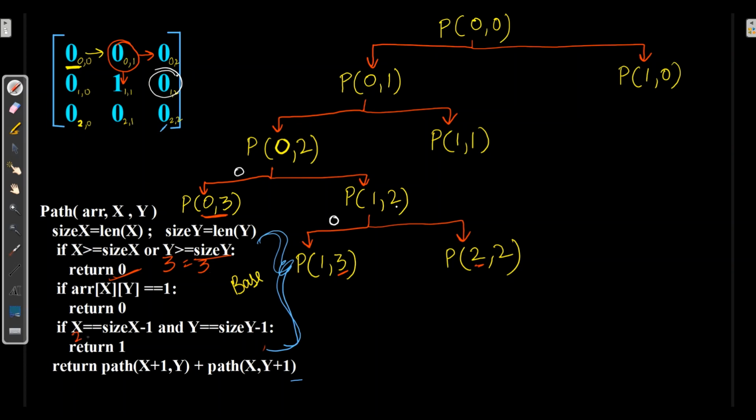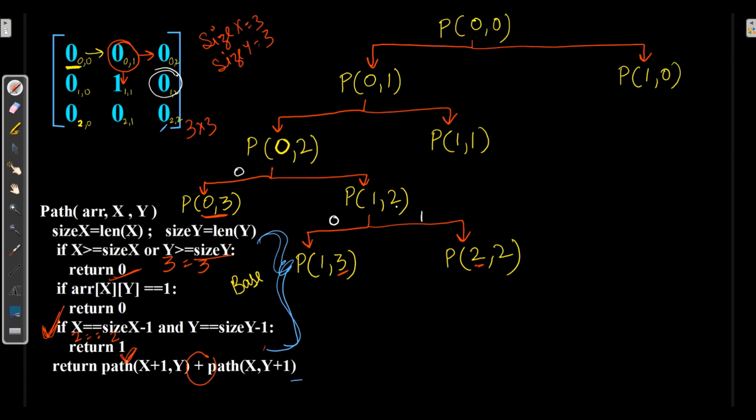So I'll write 2 is equal to size x minus 1, which will be 2. Size is 3 cross 3. So size x will be 3 and size y will also be 3. So here it meets one of the base conditions. So here it should return 1. So here I will get 1.